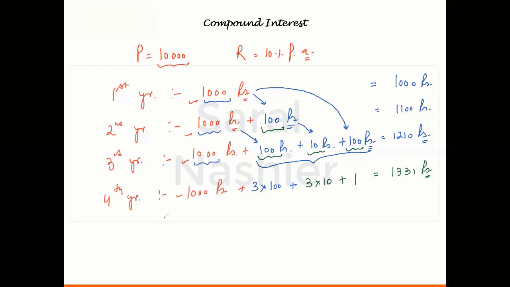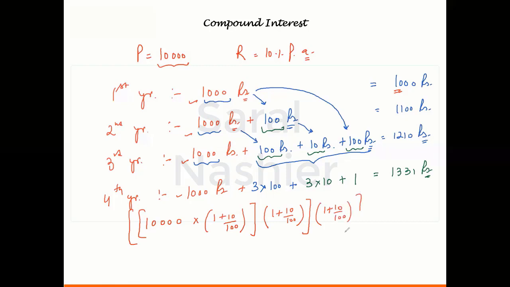Now, if I go for the formula of compound interest, you can look at it like this. The money which was 10,000, after a year, became 10,000 plus 10% of 10,000, or you can say by taking 10,000 common, it becomes 10,000 into 1 plus 10 by 100, right? So 10% of 10,000 is added. Now next year, this whole money again increases by 10%, so it is again multiplied by 1 plus 10 by 100. Then next year it again increases by 10%, so it is again multiplied by 1 plus 10 by 100.